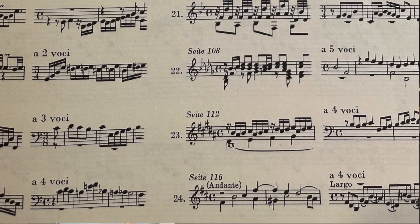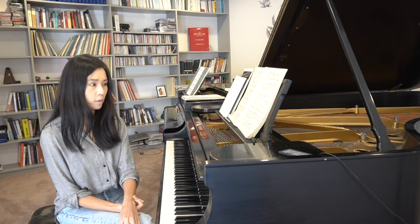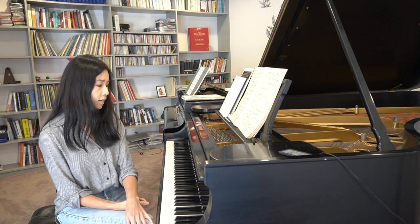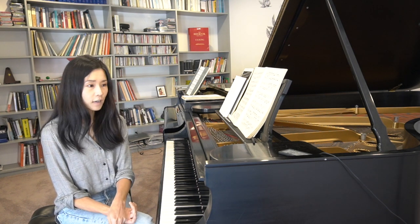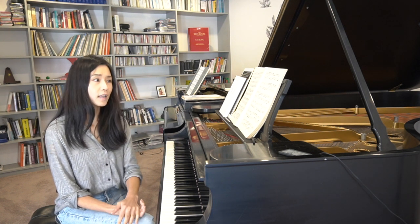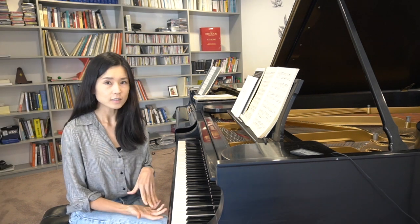I'll be honest with you, when I was little, I wanted to avoid these as much as possible. I just found them to be very, very difficult to memorize and just could not feel very connected to them musically. Nevertheless, audition repertoires and my own piano teachers demanded that I practice these diligently and memorize them. And these are intellectually challenging pieces of music which require at least a little bit of theoretical knowledge and compositional